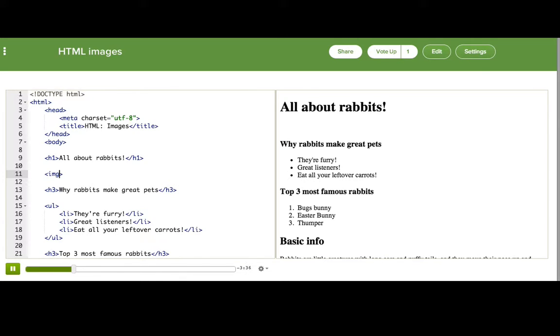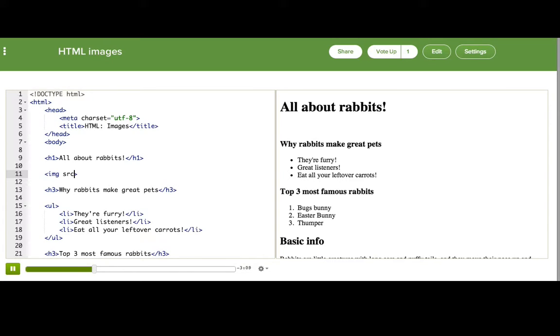To get that to pop up, we need to add an attribute to our image tag. An attribute is an additional bit of information about a tag, and this is the first attribute that we've seen. So to tell the browser the URL, we're going to add an attribute with the name source. We'll add a space and then type src. Now, it stands for source, but it's very important that you spell it src because the browser will ignore it